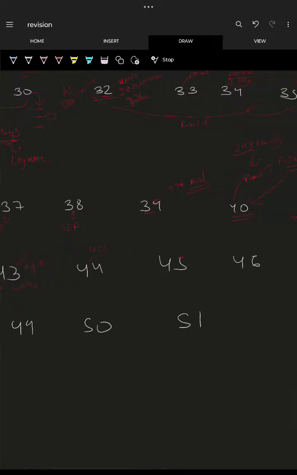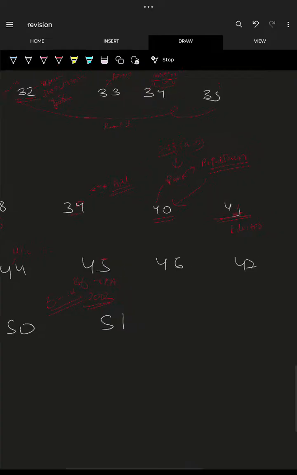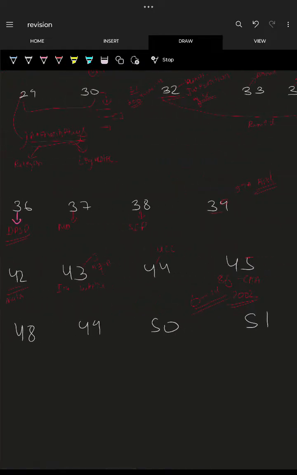Then 45 is the 86th Constitutional Amendment Act of 2002, children from 6 till 14 to study. Then 46 is promotion of education. 47 is betterment of society. Then protection of environment and places of natural importance. 48 is environment.